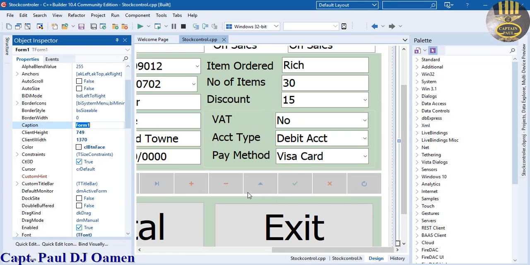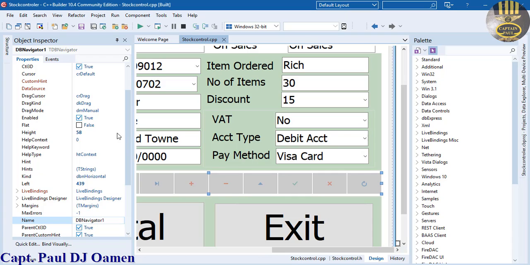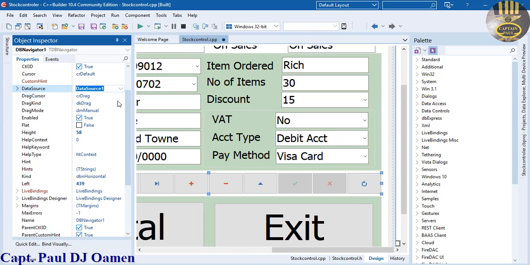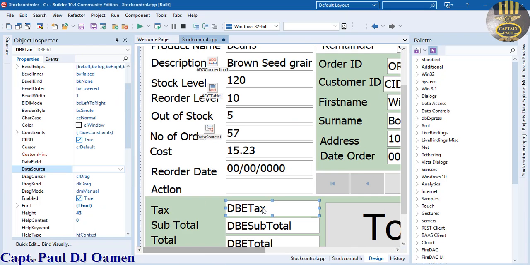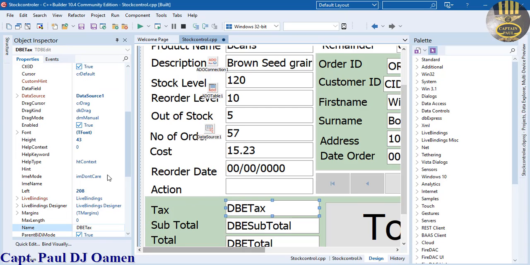I'm going to select this navigator here, and we also need to link that straight to the database. Look at the data source of the navigator, select that and select data source 1. I believe the other 3 components here, they are not linked as well. So let's link them up. Select it all, and you see where we have data source. I'm going to select data source 1 as well. Now select each of those components,